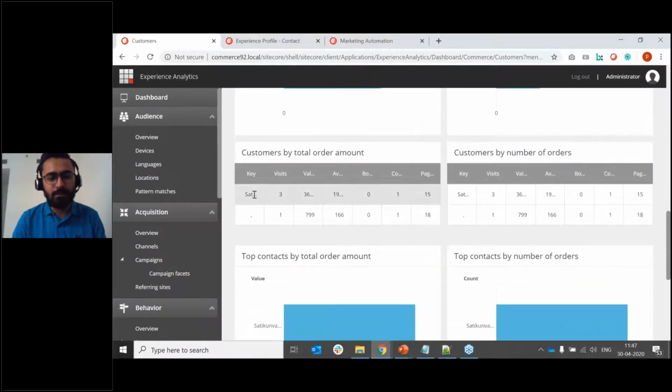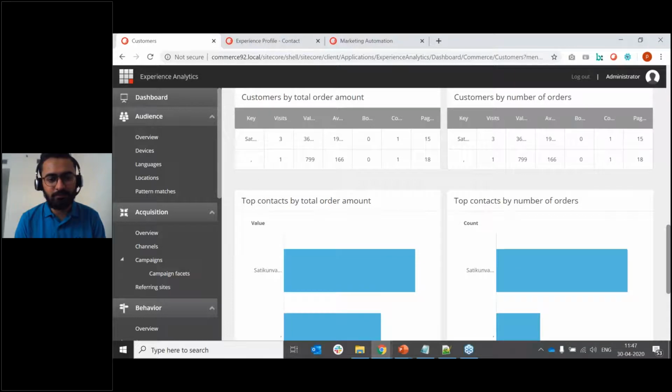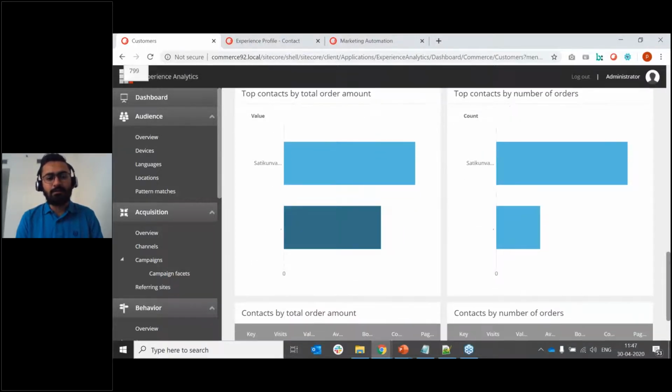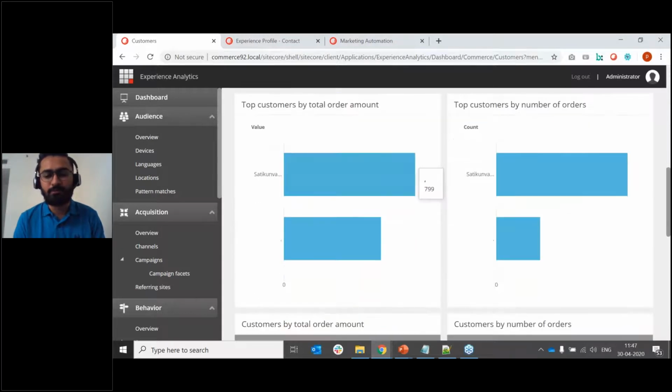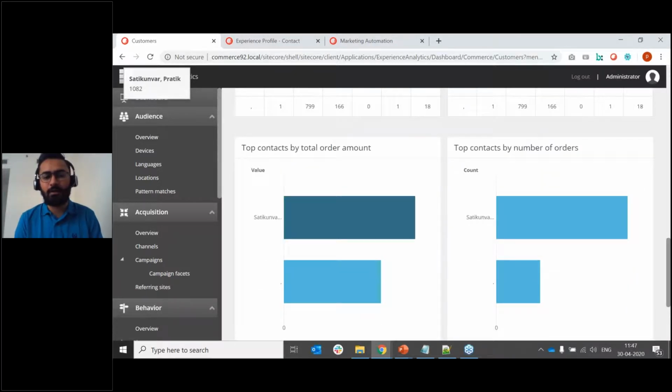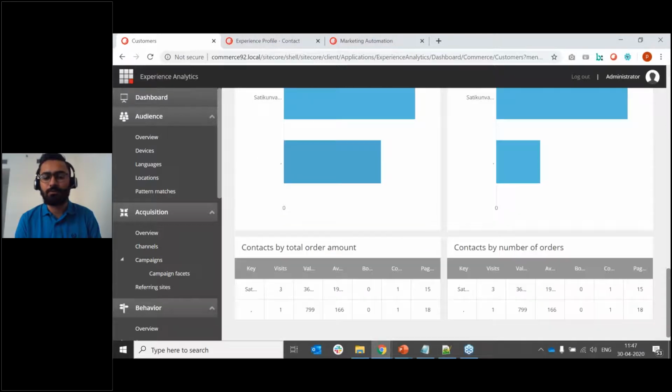Here you can get detailed information about those customers' placed orders. And this is the top contacts. So we saw these top customers and then top contacts, authenticated and unauthenticated contacts, and all that information based on that.